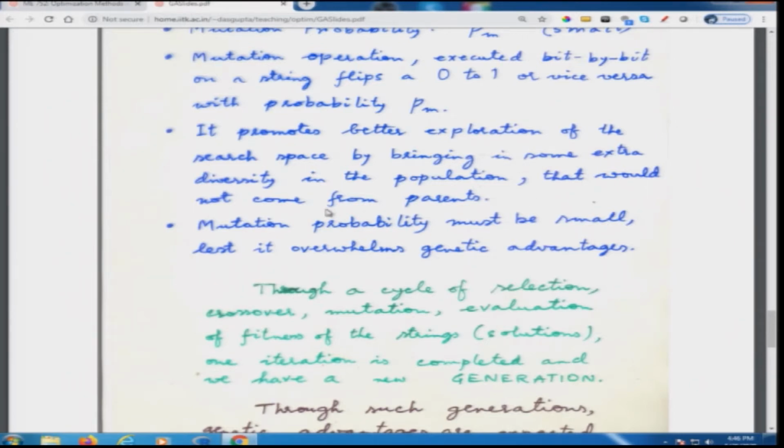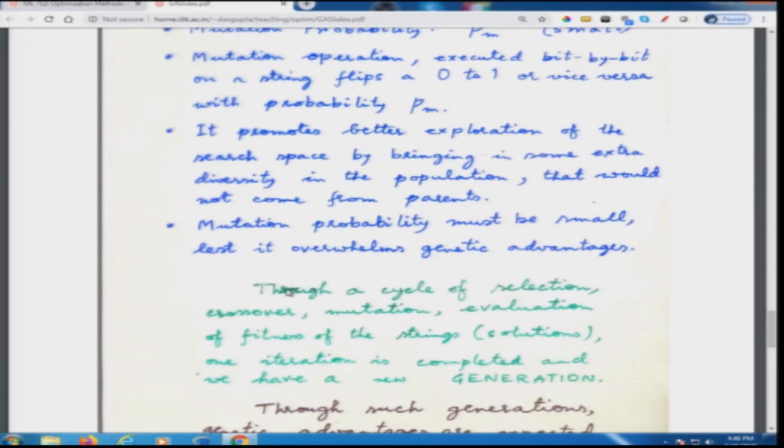Okay. So, mutation probability must be small, so that it does not overwhelm the genetic advantages. Whatever advantage has been developed through 100 generations should not be suddenly spoiled in 2 generations by such mutations. So, mutation probability must be small, so that the good genetic material developed over several generations does not suddenly get